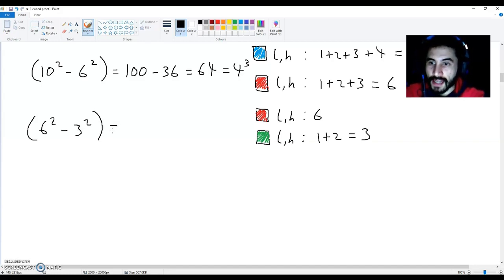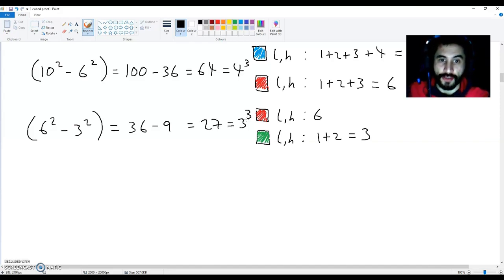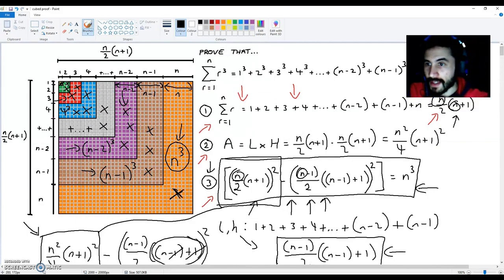And that gives us 36 minus 9, which is 27, which is the same as 3 cubed. So we know that this area shaded in red over here, I'm just going to put an arrow towards it, is 3 cubed. Now all we must do to get our proof is find the area shaded in green